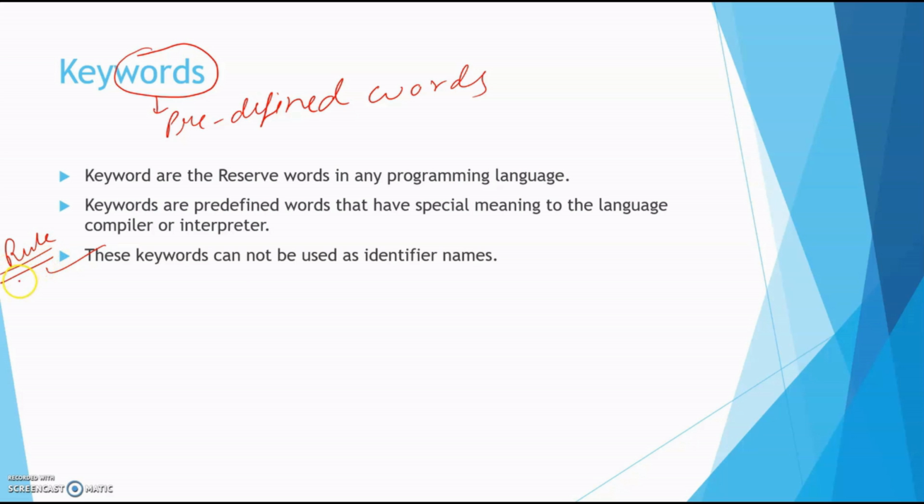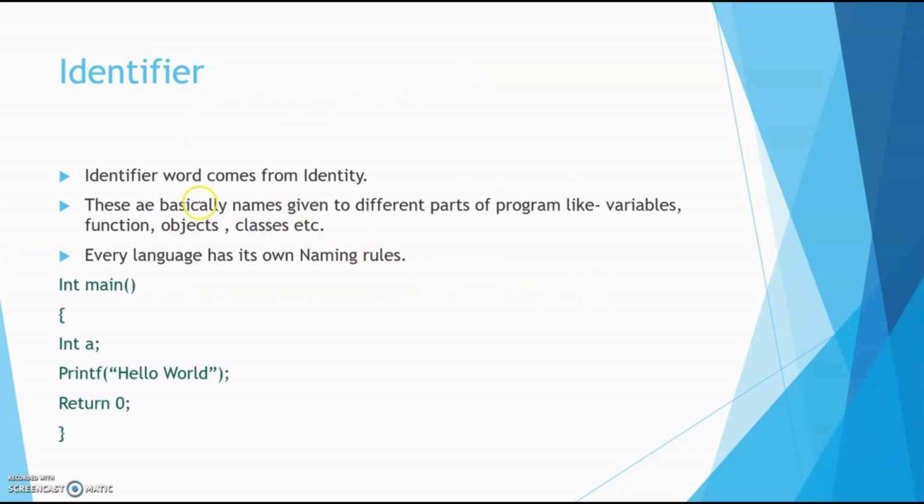Rule of writing identifiers, or you can say variables. If you are defining the name of any variable in a programming language, there is a rule: you cannot use a keyword as a variable name in any programming language. That is common. So if you talk about int, integer, float, main, if, while, for, break, case, these are keywords. These are special words that have special meaning to the compiler of that particular language, right?